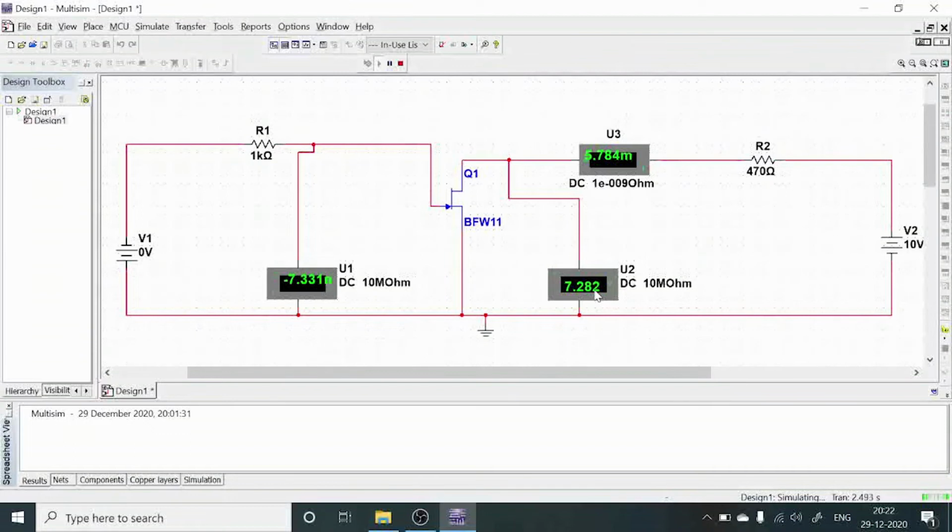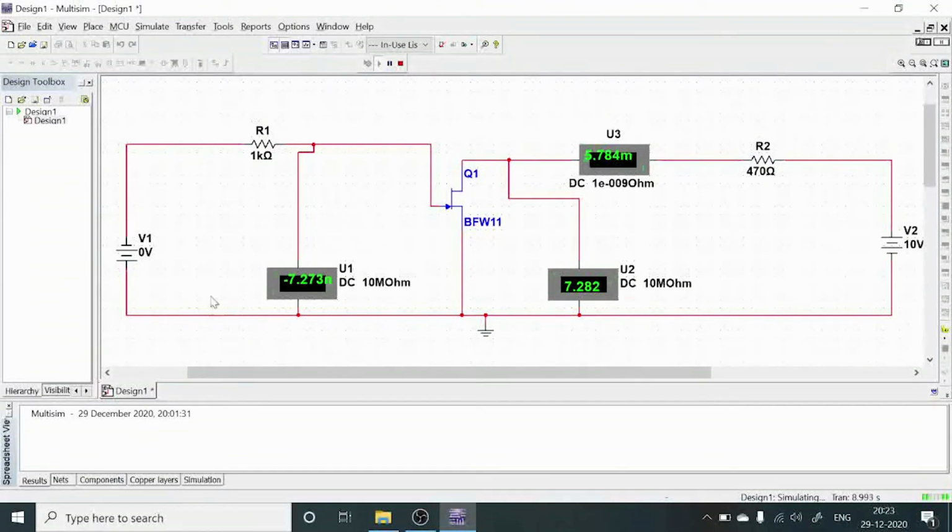So like this, we need to note down the corresponding drain to source voltage and drain current with respect to your biasing voltage across the drain and the source terminal while maintaining the gate to source voltage. After this, we need to observe the two cases. So in the first case, we observe when VGS is 0 here. Now in the second case, we are going to observe when VGS is equal to